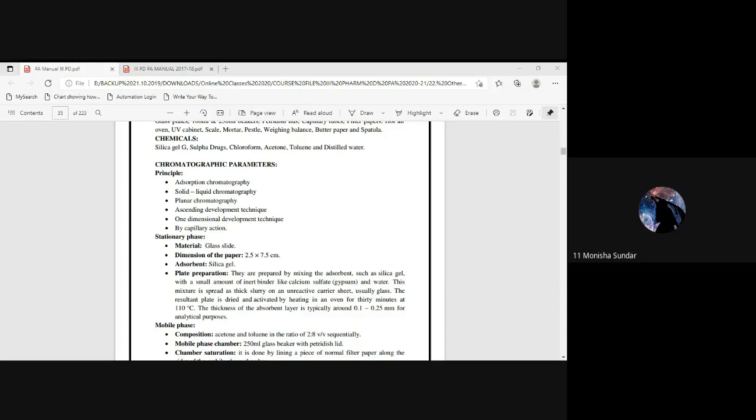Spread method, pouring, dipping. Yeah, very good. Pouring method, spraying, dipping method, spraying, and spreading method. So here, the widely used method is the pouring method. In the laboratory we'll be using the pouring method in order to get a uniform layer, whereas dipping, spraying, and spreading will not be followed in the lab.